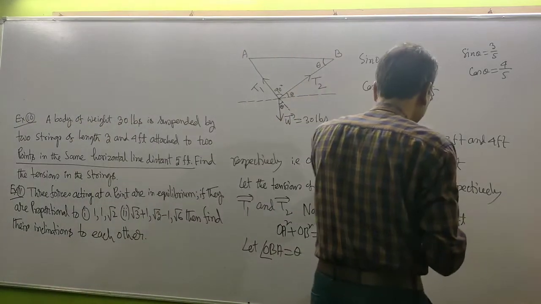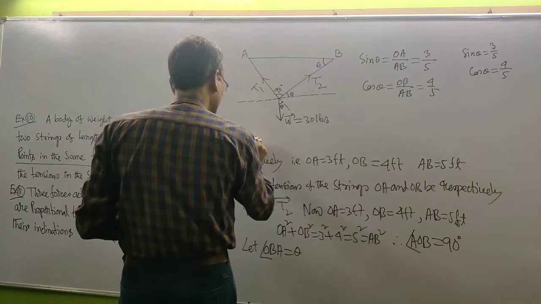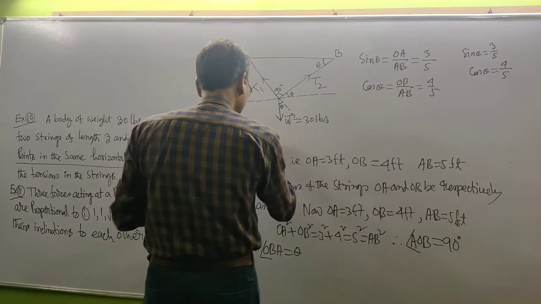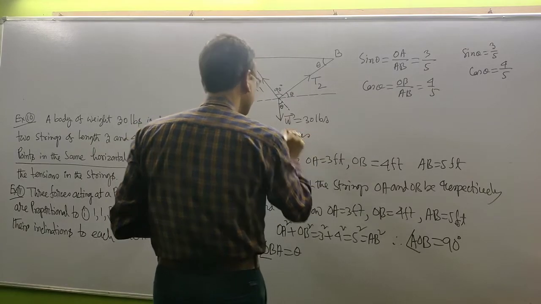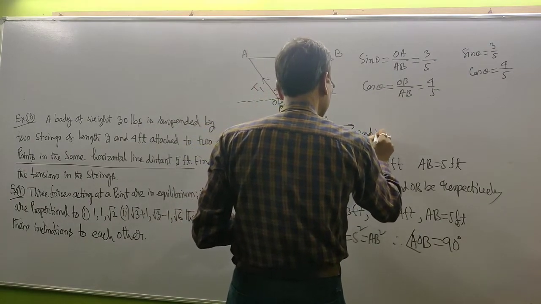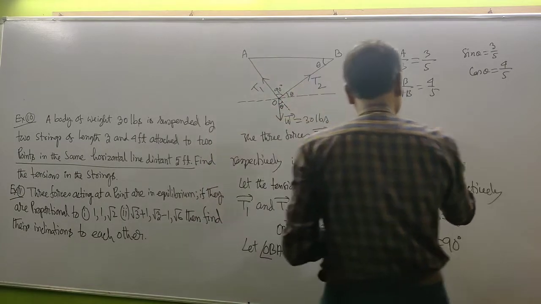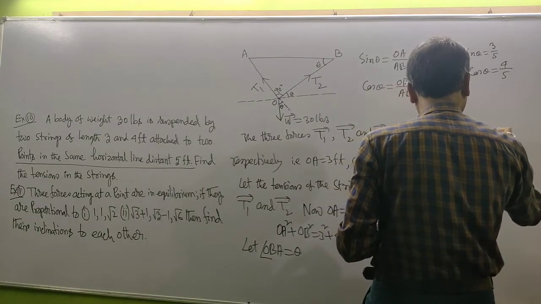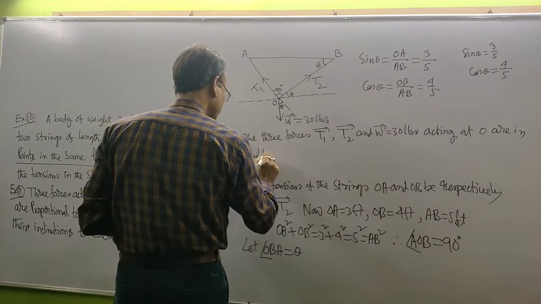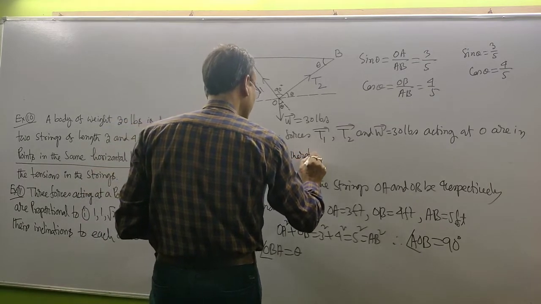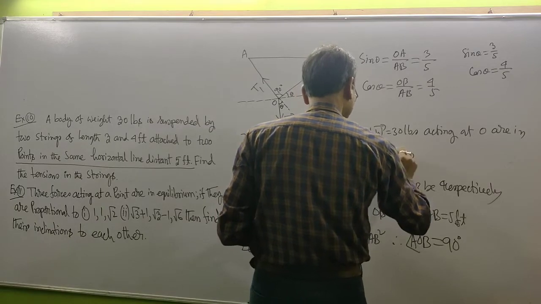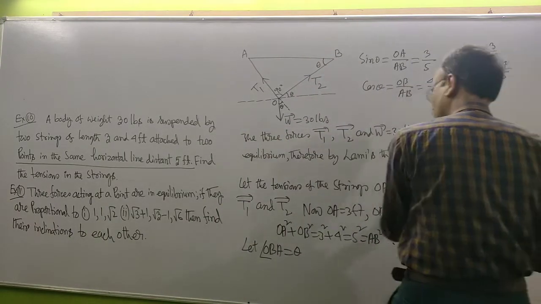Now, the three forces acting at O, T1, T2 and W, which is equal to 30 pounds, are in equilibrium. Therefore, by Lami's theorem, we get